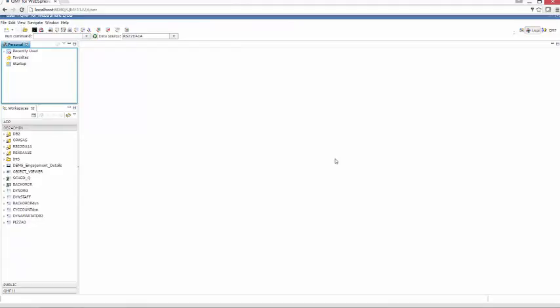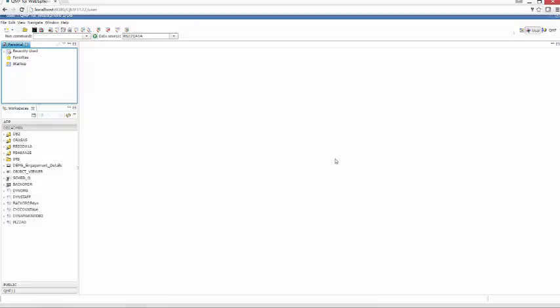Now, QMF for WebSphere is a member of the QMF family of products. The original QMF product was a mainframe product, QMF for TSO, that installs and runs on the mainframe. If your colleagues or yourself have been using QMF for TSO, then your QMF for WebSphere will have access to the QMF objects, the queries, the procedures, the reports that were created in QMF for TSO. And likewise, your QMF for TSO colleagues will have access to the ones that you create in QMF for WebSphere